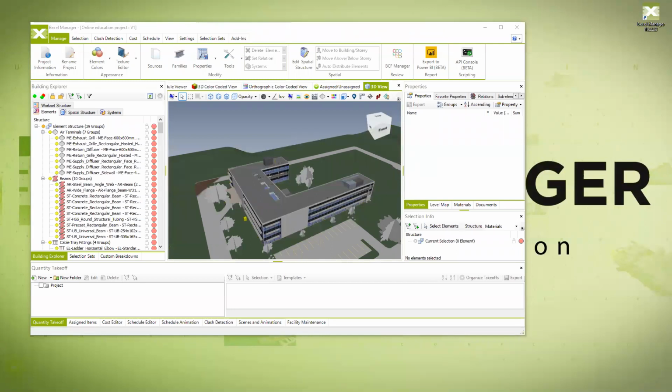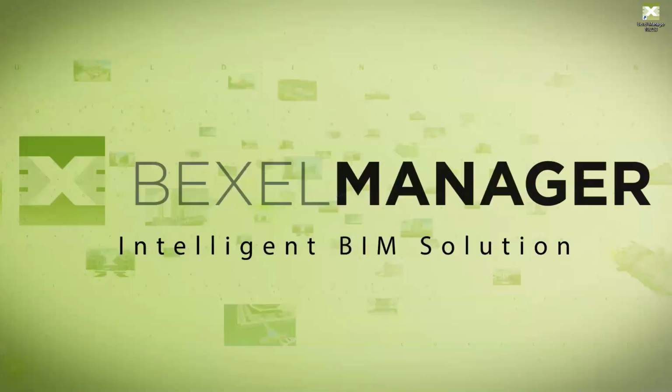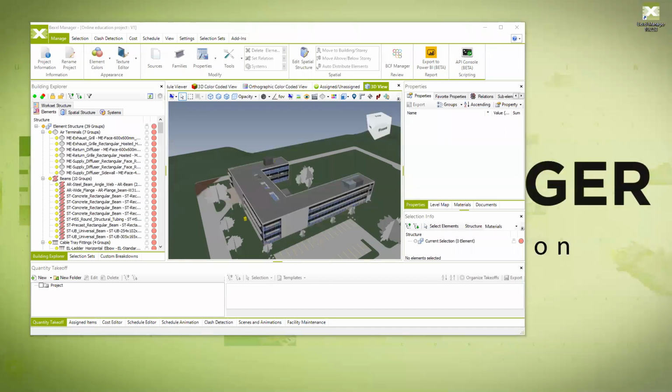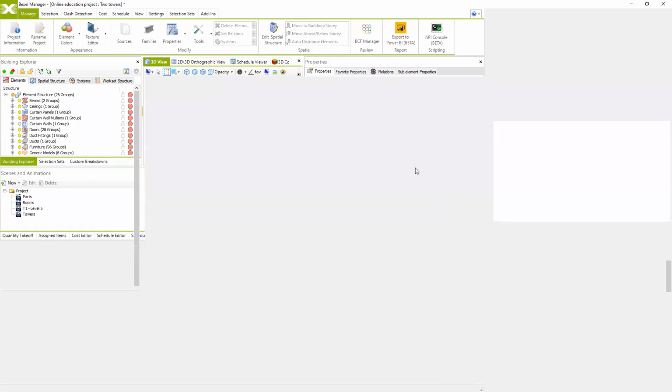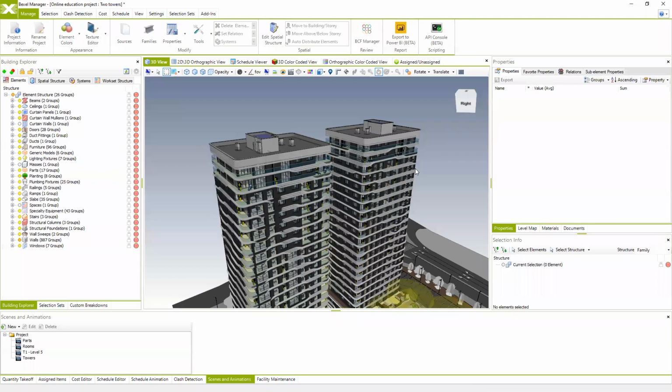And also, I'm going to answer the last question from the last session: how we can work with BIM model elements which are in our authoring tool, let's say some kind of compound elements such as compound walls, floors, ceilings. And as BEXEL Manager recognizes these layers from these compound elements, well, it depends how you export BIM model elements